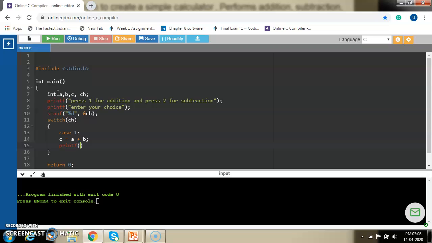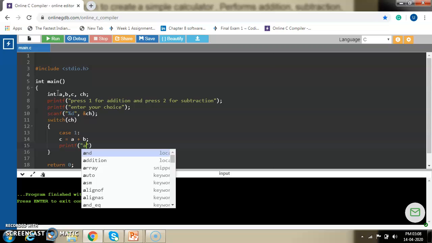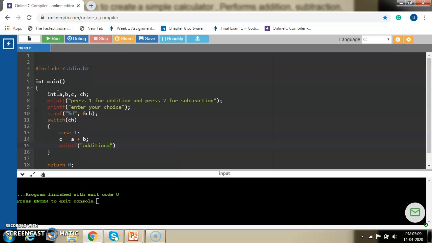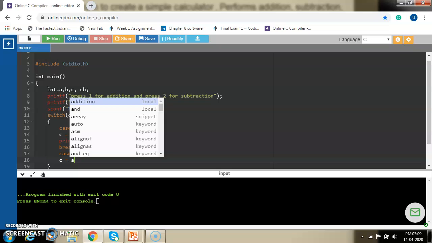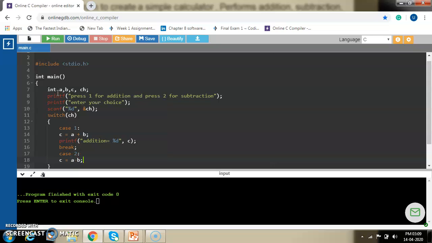Printf, addition is equal to %d, comma c. Break. Case 2: c is equal to a minus b.